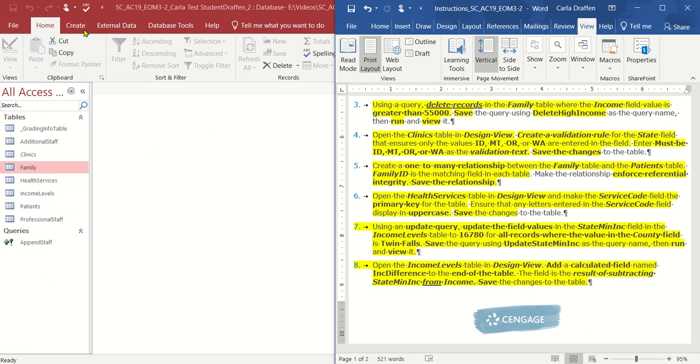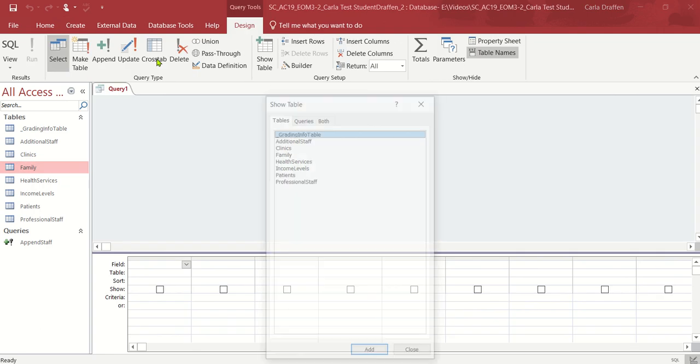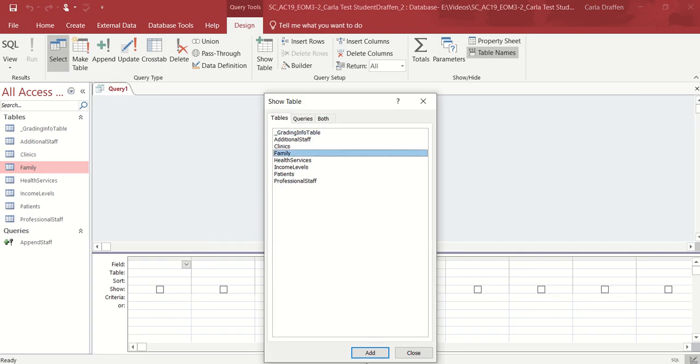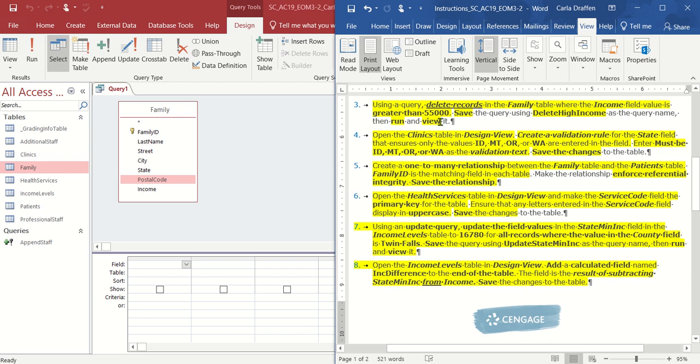Family table. So create, query design, family, close out the show table box, resize so you can see everything. If I can get my, there I go, now I can see it. Let's see, what else did they tell me? Which ones do I have to delete? Okay, we want to do that where the income field is